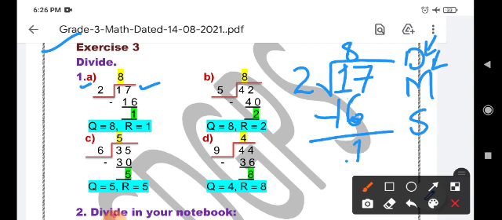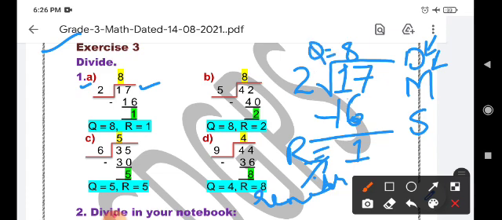So now we can't do the division further, because 1 is smaller than 2. It can't be divided by 2. Therefore 1 is called the remainder or leftover, denoted by R equals 1. Okay, so what is the quotient? Quotient is written on the top. As the queen is always on the top, Q for queen, so the quotient we write on the top. So 8 is the quotient and R is the remainder.